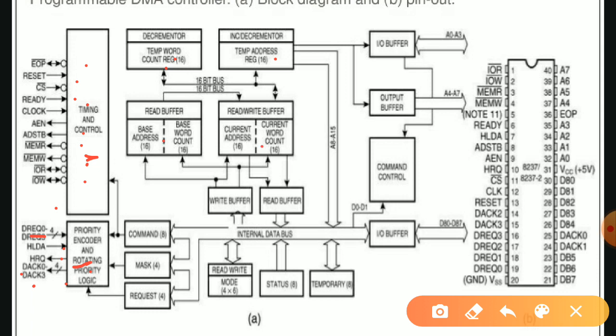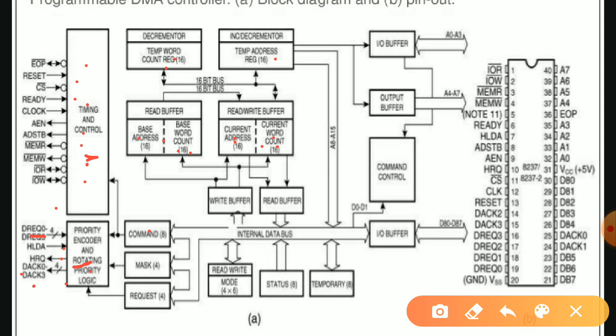And likewise, the read or write buffer, and this is the address register, the base address register, base word count register, current address register, current word count register. Every type of register I will discuss, don't bother about that. First listen to what registers there are.